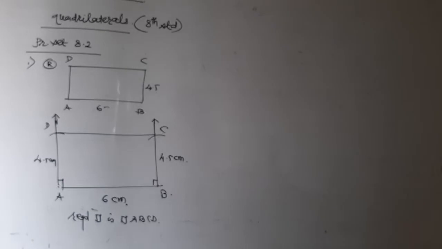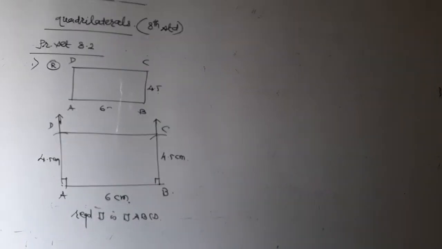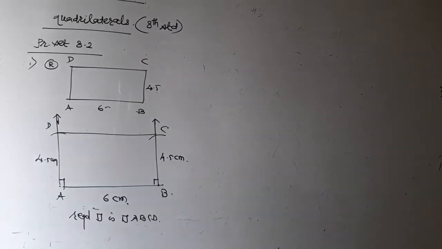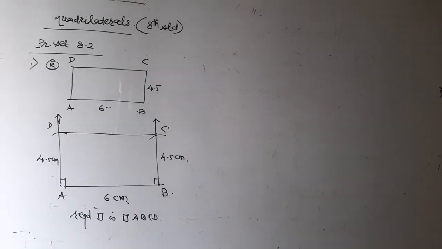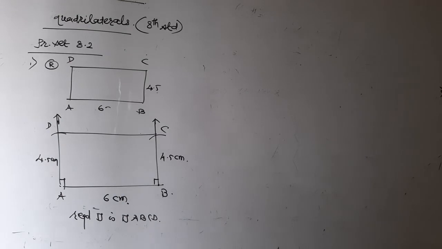So problem set 8.2, first example: quadrilateral or rectangle ABCD. So draw its rough work. You know, in the rectangle, each angle is of 90 degrees. Right angle it is. So draw that rough work